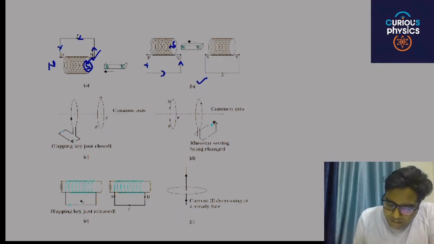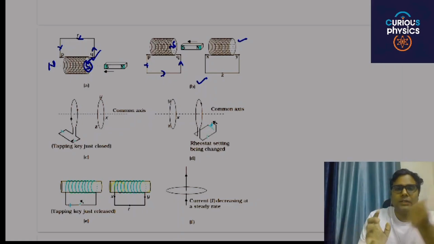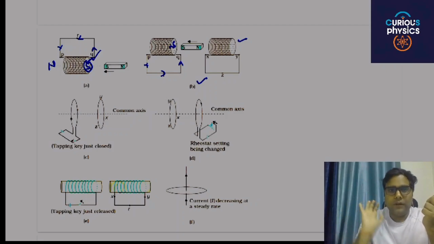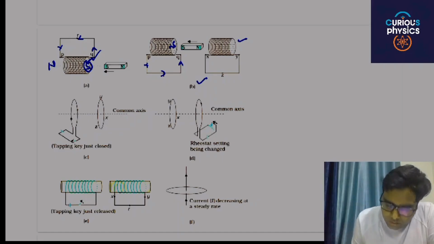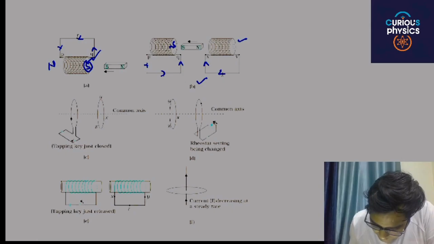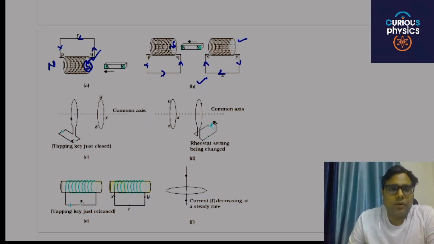And in this particular second coil, what will be the direction of current? If this particular magnet is moving away, then this particular coil tries to produce a magnetic field in which direction? To reduce the effect, in this direction outside. So the direction of current will be this. Direction of current will be this. Are you able to understand my point or not?